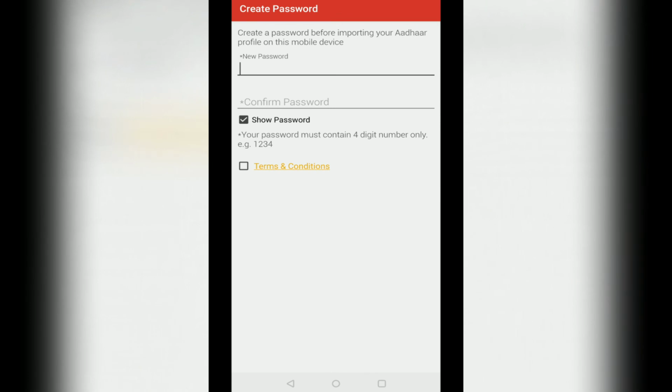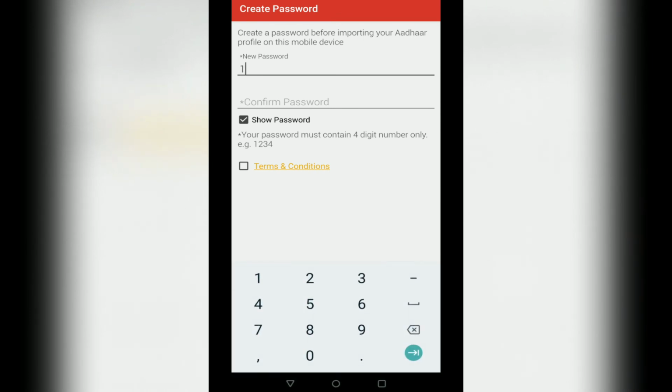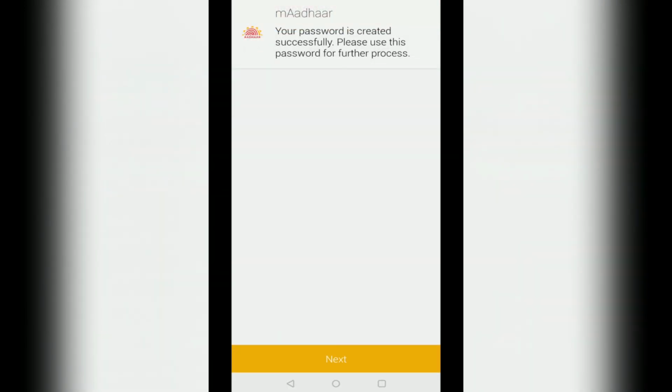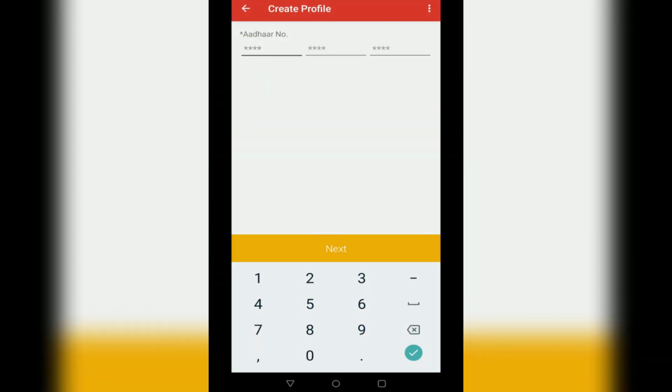This password is just for the application on your mobile and it has nothing to do with any other passwords related to Aadhaar. For demo purposes, I will give 1234 as the password. Here you have to enter the 12-digit Aadhaar number.